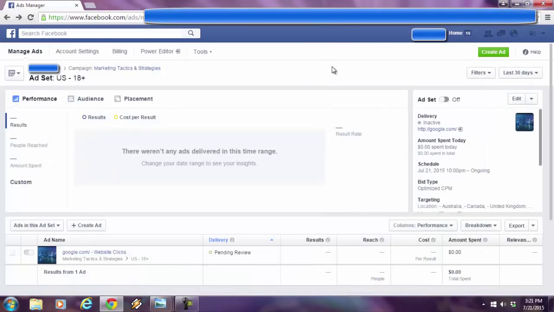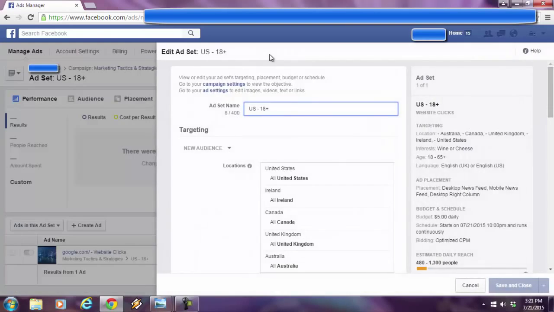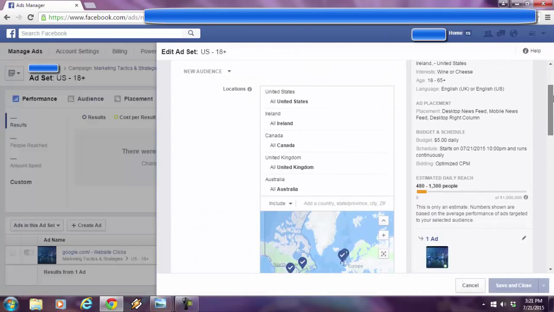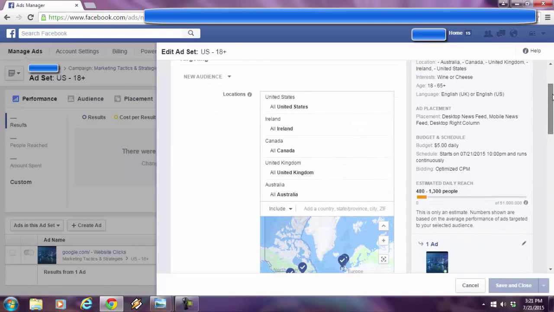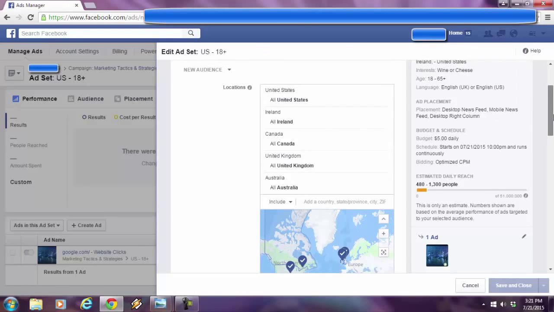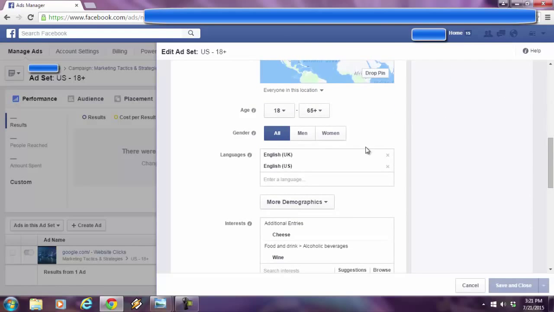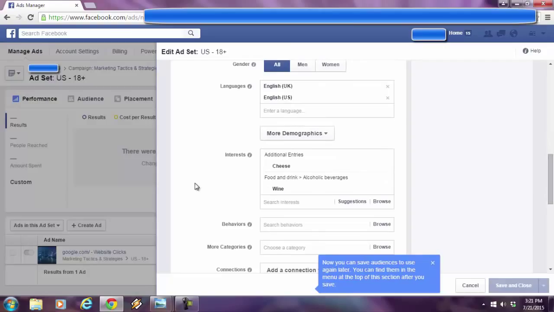This is a familiar screen we all know. This is the Facebook marketing and ads platform. Now, I'm going to show you the targeting that I did through Facebook that was, according to them, targeted, but I'll show you why it's not. So I specified the countries, they're all English-speaking countries right here. I went down below, age range is pretty wide, both genders. I got the English language here covered, and here we go.